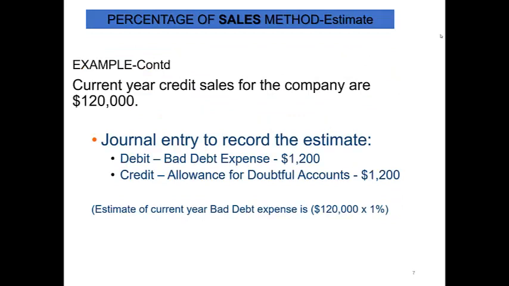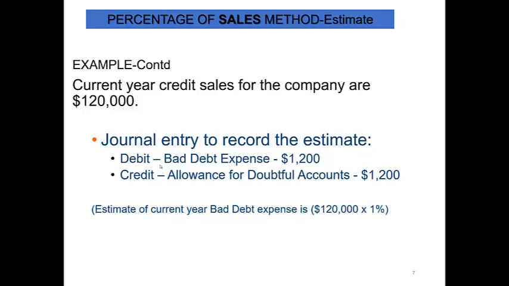Okay, so if their current year credit sales are $120,000 and they apply the 1% that they estimated, they come up with $1,200 that they're expecting not to collect that year in bad debt. So the journal entry is debit bad debt expense for the $1,200 and credit allowance for doubtful accounts for $1,200. Notice that the company has increased their expenses by $1,200, and that means that they have lowered their net income